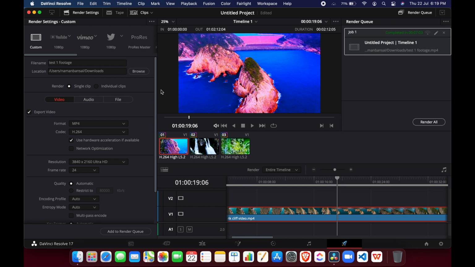So it was rendering about 3 times slower. So now we can see the ill effects of the 7 core GPU that comes with the base model of the M1 MacBook Air. Now this was a 4K to 4K export. What if we render this 4K video into 1080p HD?